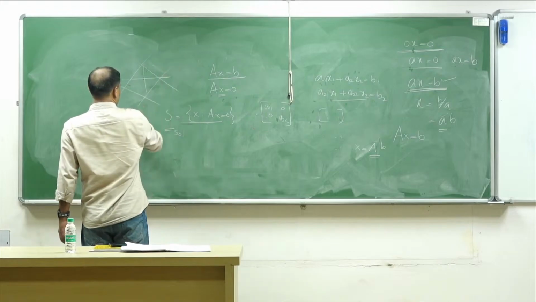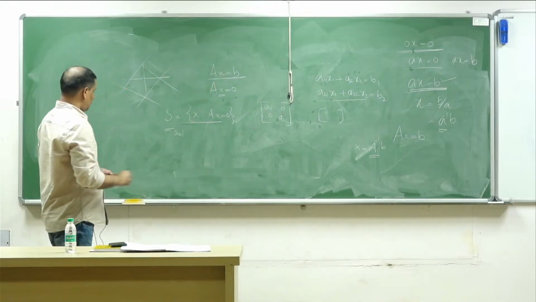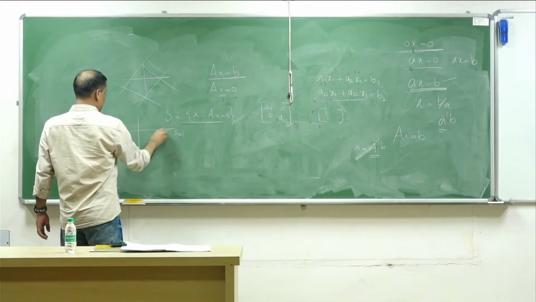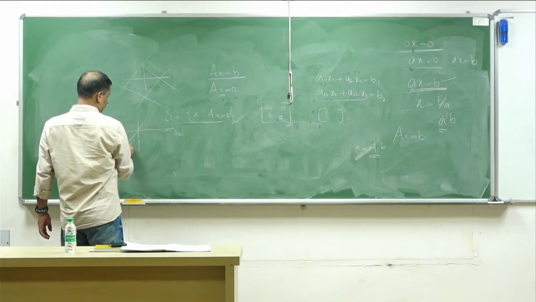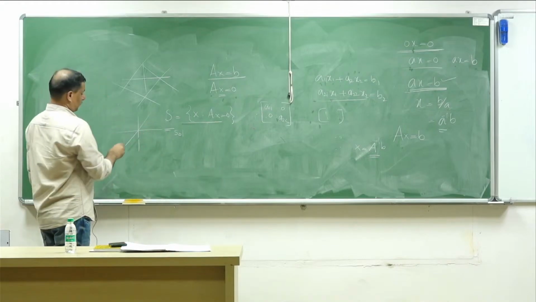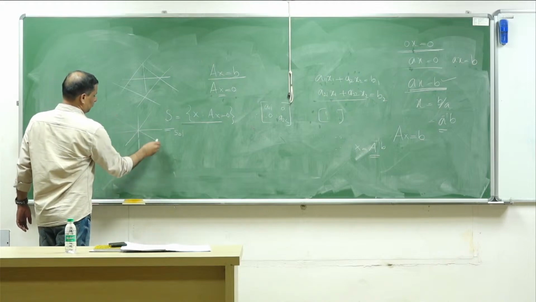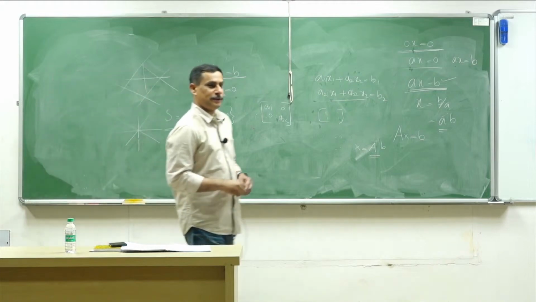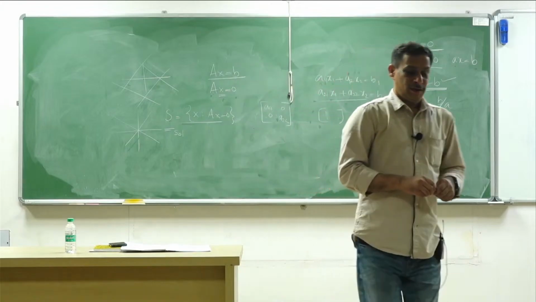Here, or anywhere. Okay, there are particular lines you could see here, like they pass through the origin. They pass through the origin. You draw a line such that it passes through the origin. Okay. Now,